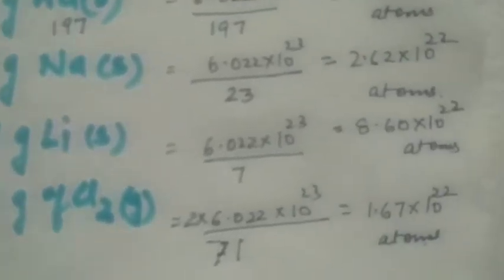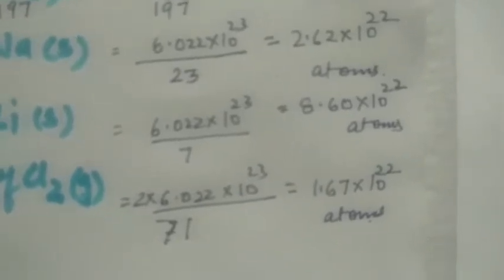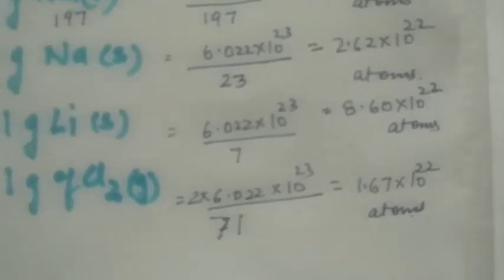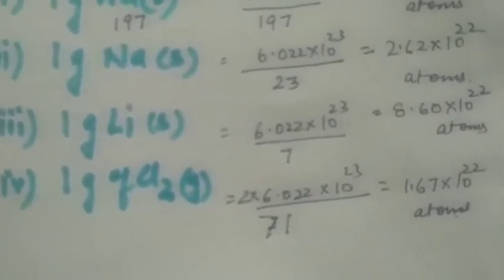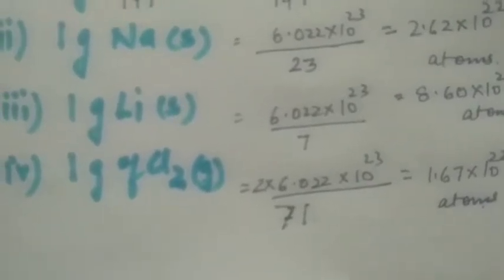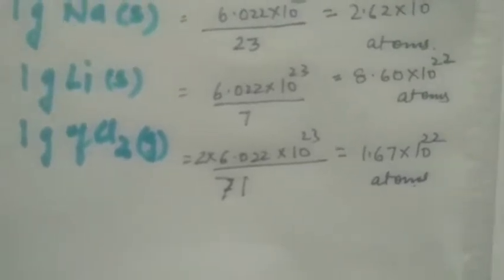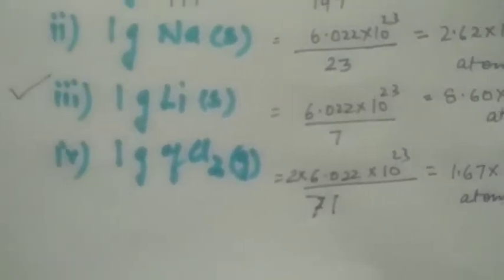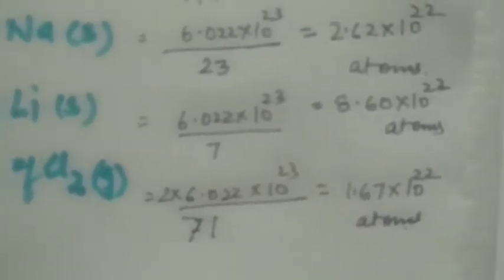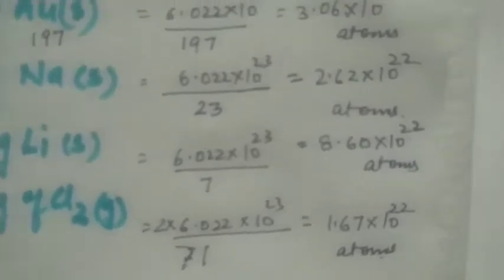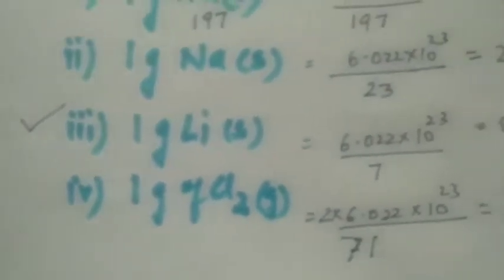1 gram lithium divided by 7. So you get 8.60 into 10 raised to power 22 atoms. 1 gram of chlorine. Now 1 molecule has 2 atoms. So 1 mole or 71 grams will have 2 into 6.022 into 10 raised to power 23 atoms. And to get in 1 gram of chlorine you divide by 71, so you get this answer. Of these, this is the least, lithium, so 1 gram of lithium has the maximum number or largest number of